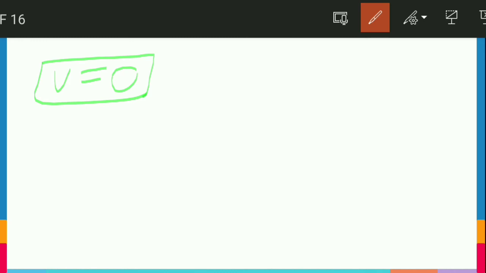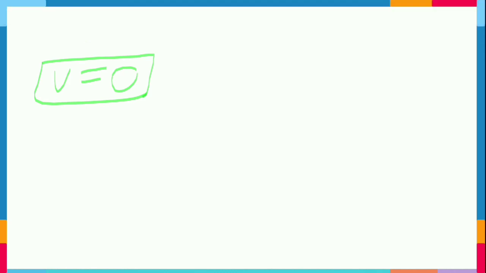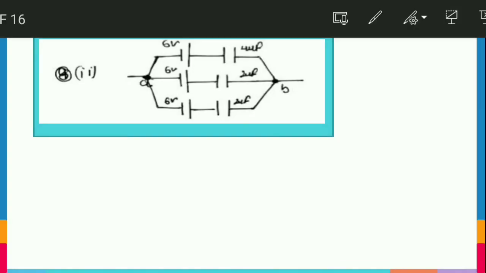So friends, let's jump to our next question. Yes, friends. In this question too, we have to find the potential difference between A and B. The question was the same, but it was the second part of it. So let's do it. Let's again say that this branch has Q1 charge due to our first vector. This has Q2 charge and this has Q3 charge. And again, let's say this has zero potential and this has V potential.